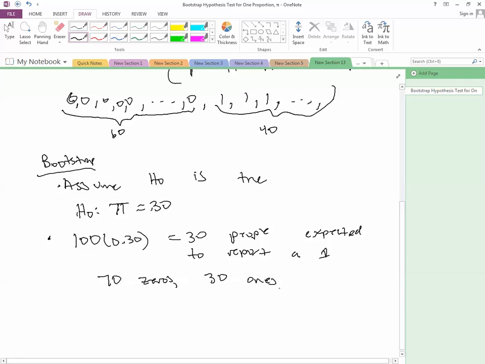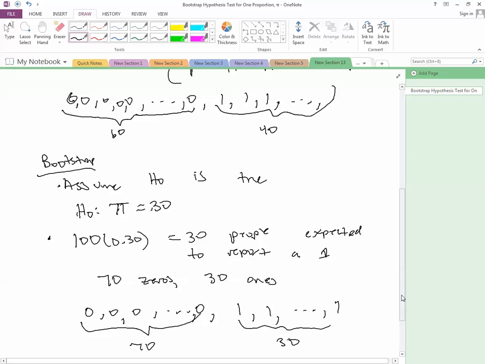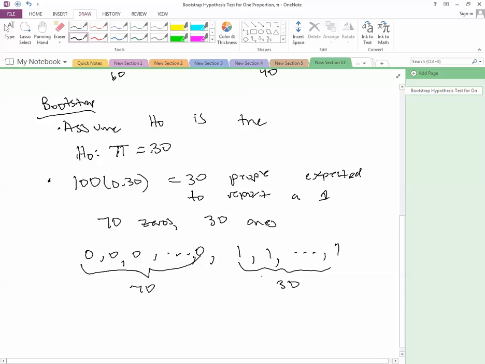I'm going to have 0, 0, 0, 0. I'm going to have 70 of these. And then I'm going to have 30 ones. And I'm going to resample from this. I'm basically going to treat this like a 100-sided die, and I'm going to roll it 100 times, and I'm going to repeat that 10,000 times and see, that'll basically give me an idea of all the different sample proportions